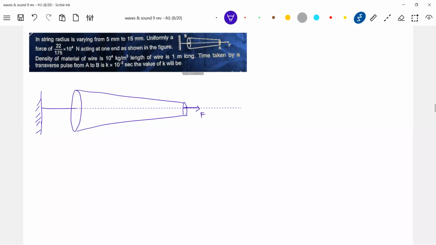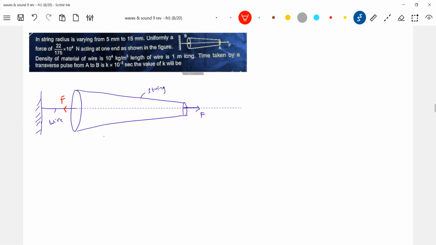We discussed all problems where the wave was propagating on a uniform cross section. Here the cross section is going to vary. So this is a wire, and this is the string on which the wave is propagating. The string will have variable area of cross section. That's all. Don't call it a rod. Let it be a string only. This is a wire. It is connected. So when I pull up with a force F, what can be the tension here? Because it's at rest, the force should be F only. So the tension should be F.